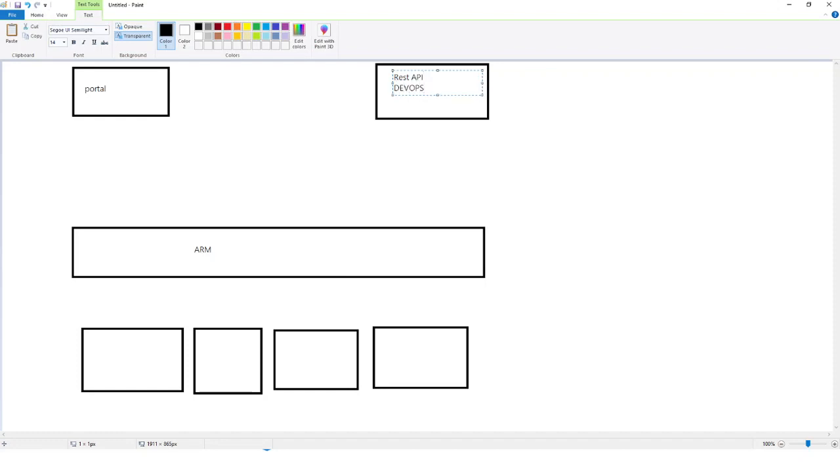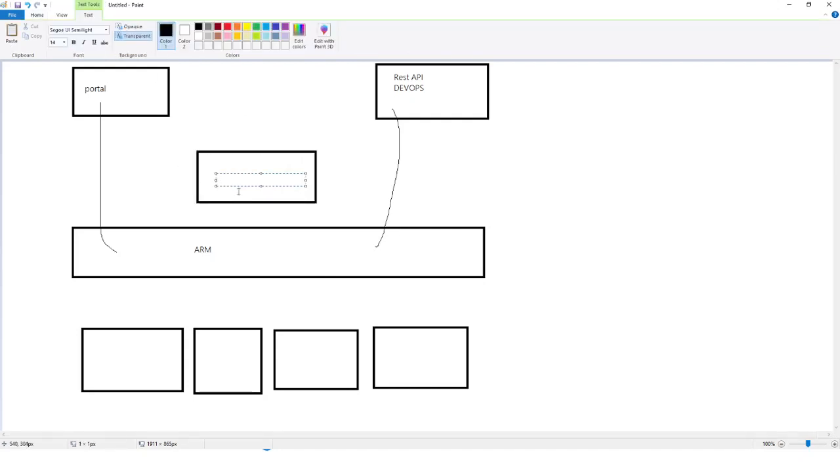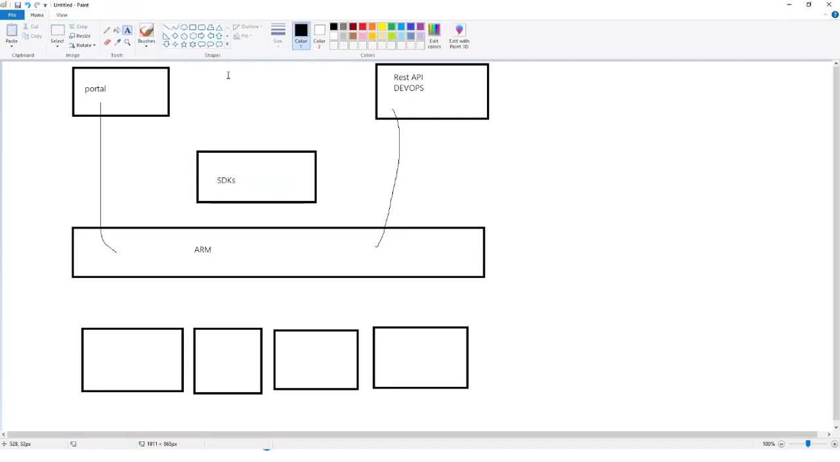DevOps could be any DevOps, whether it's Azure DevOps, Bamboo, Jenkins, or you can use Ansible, doesn't matter, right? This will be using a REST API for deploying your product. So it will be sending a request to your resource manager, right? If you are deploying from the code or ARM template or PowerShell, right? So there will be an intermediator which understands your code, the SDK, Software Development Kit, and you are sending